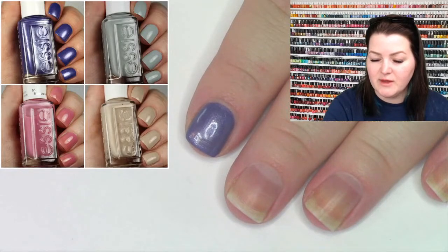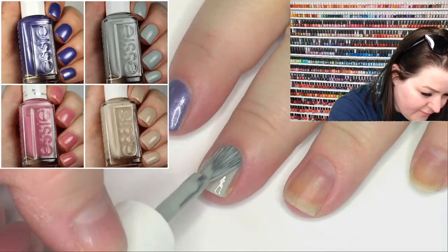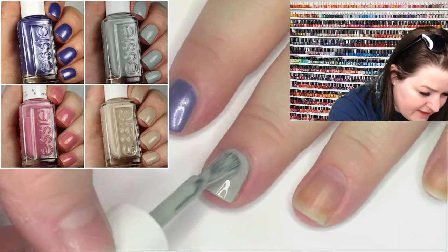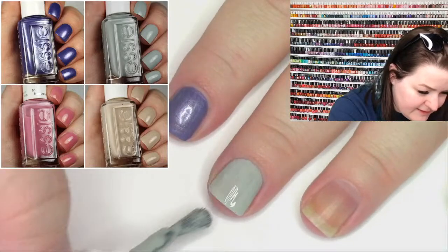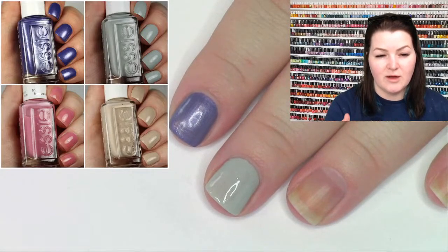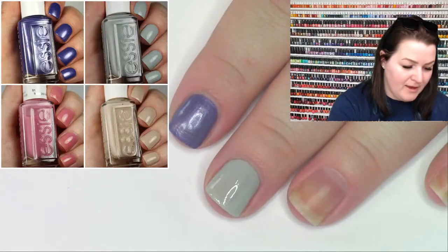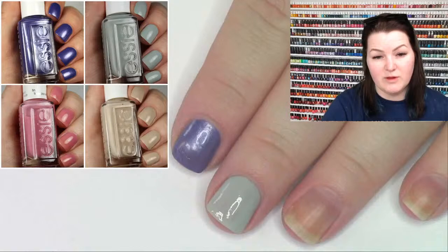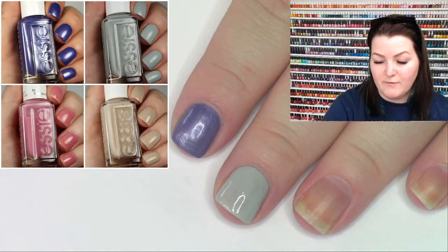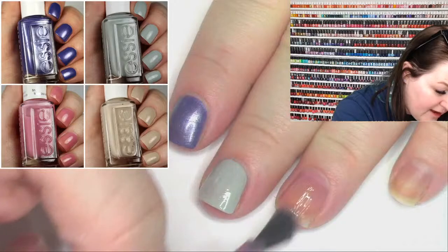So I definitely felt a certain way about these polishes as I was swatching them. I think that my excitement level for them went down over my experience of swatching them, because the creams just don't have the nice tooth that the regular Essie creams do, and they're a little runnier, a little bit less opaque, and I found myself having to be a lot more careful while swatching to not make a big old mess of them. And I swatch all day long every day. So I'm really used to getting the polish to go exactly where I want it to go. So this makes me think that for someone who's just a recreational nail polisher, these polishes might be a little bit more frustrating than Essie's regular line,